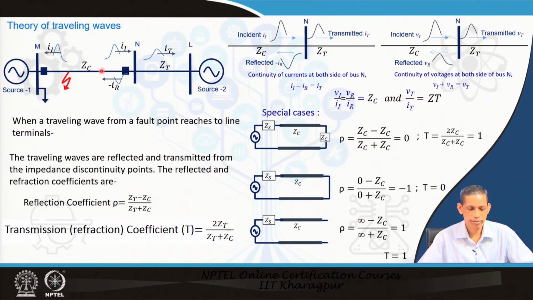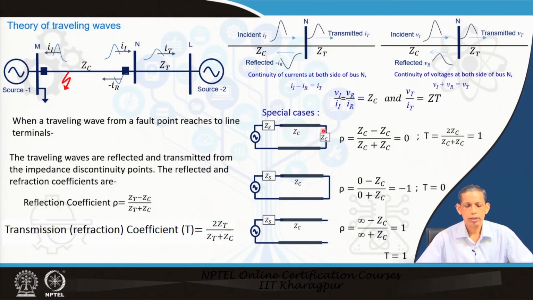This reflection coefficient and the corresponding transmission coefficient are used for different analyses. From a given incident wave, we can find the corresponding transmitted and reflected wave at any discontinuity or mismatch. There are several special cases, but here, for clarity, we will see a few.